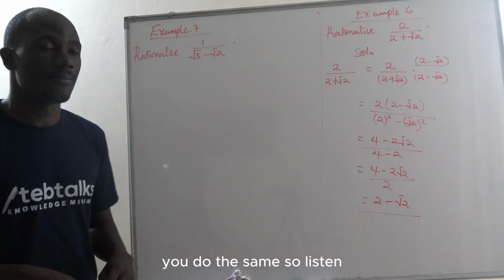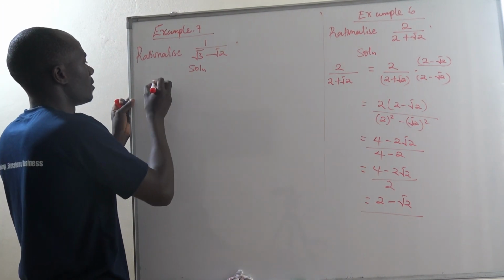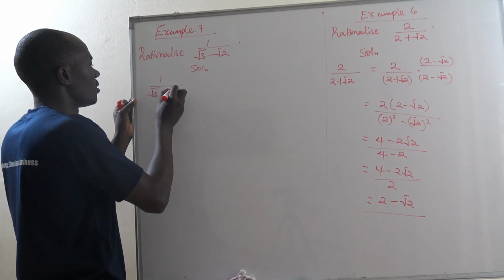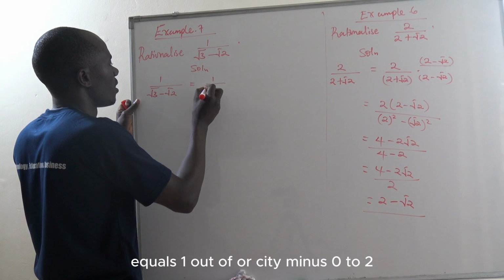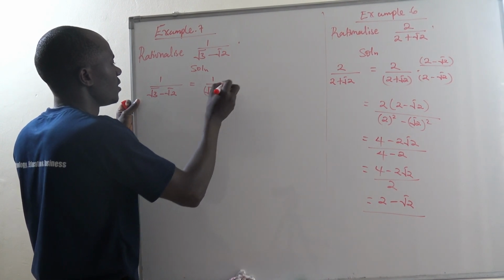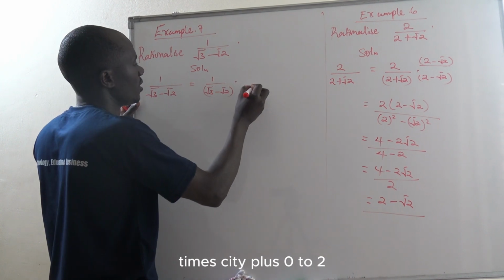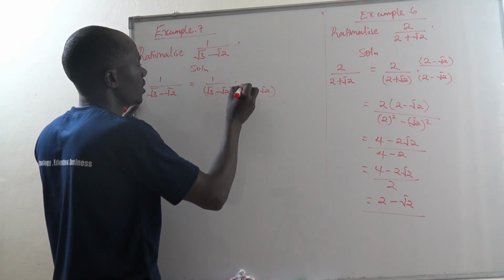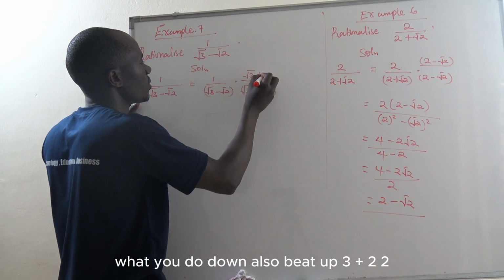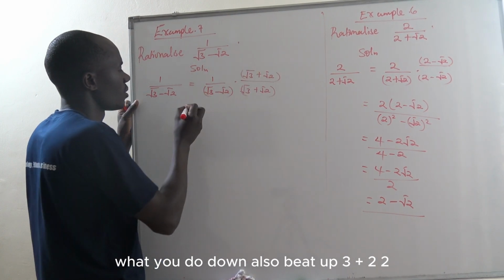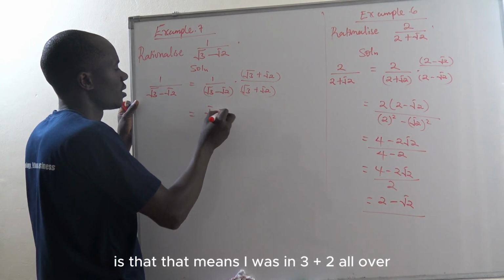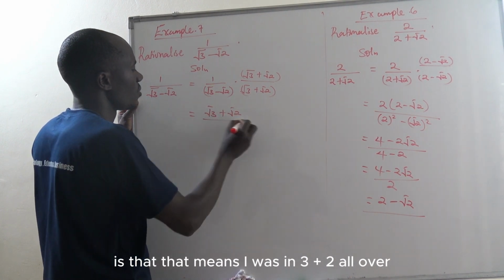You do the same. Solution: 1 over root 3 minus root 2 equals 1 over (root 3 minus root 2) times (root 3 plus root 2). What you do down, also do it up: root 3 plus root 2. We go on. 1 times that remains as root 3 plus root 2, all over